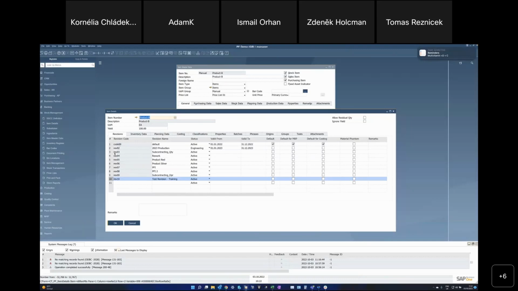And of course, there are some use cases for that where you can use revision. And I will mention them. Okay, for example,